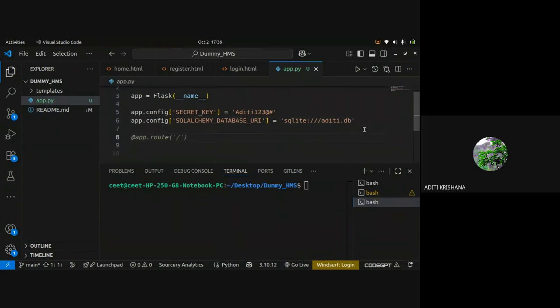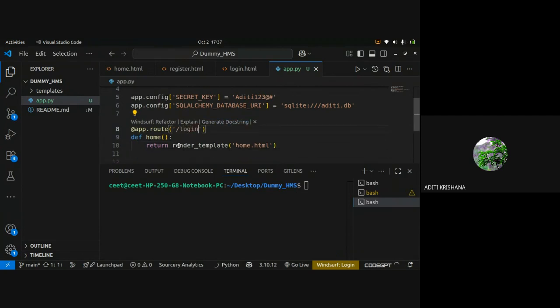Now comes the first route. The basic Flask application starts with this route, the / route. If you skip this part, it will throw an error. You cannot start with a login route like /login. You cannot start like this. You have to start with /. This is the first route which we have to write, and after that we can create our own routes. This is the important thing which you have to keep in your mind.